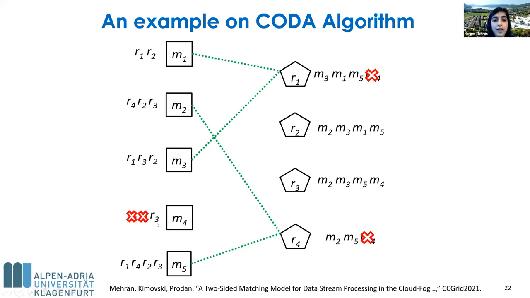So M4 at this moment just has one option and it should be matched to R3. As you can see, because of the stable matching, we also have to remove the other microservice from the list of R1, so that in the next step, M4 is trying to be matched to R3. R3 has also previously ranked M4, and because its other choices have already been matched to other resources, it accepts to be matched to M4.